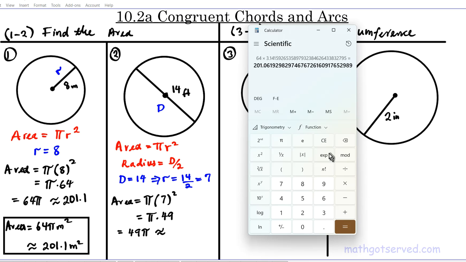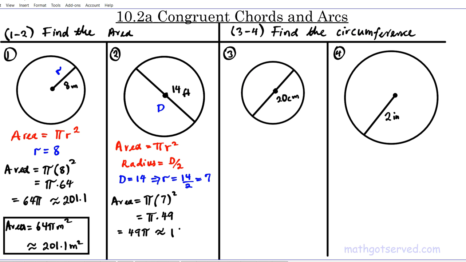49, let's click what we had before. 49 times pi is 153.9 to one decimal place. 153.9. Okay, so let's write it out. So our area is